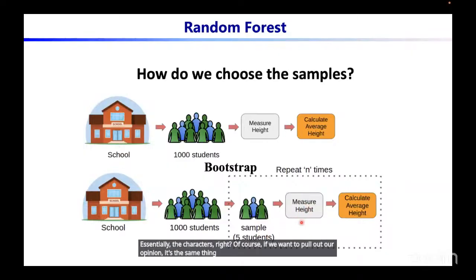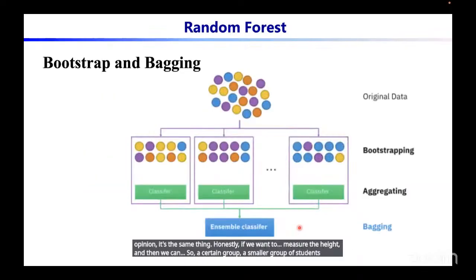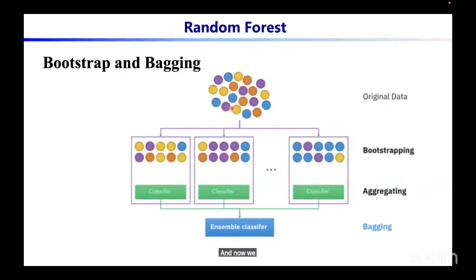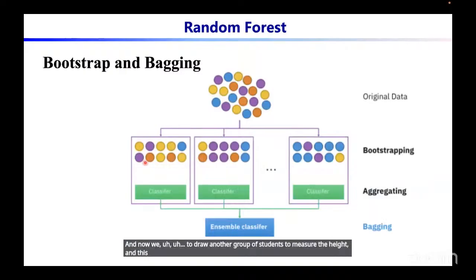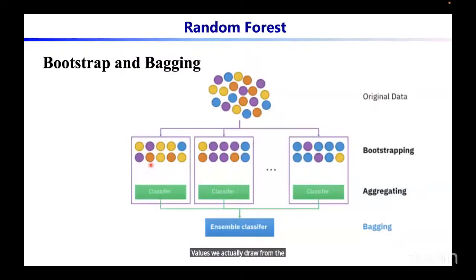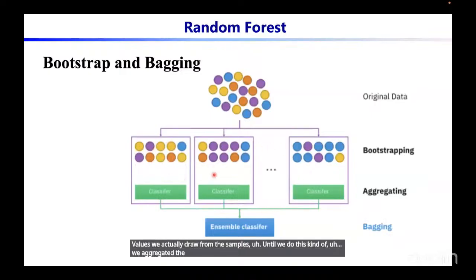For instance, if we want to measure the height, we can draw a smaller group of students to measure the height, and then draw another group of students to measure the height. This way, we can have multiple smaller groups of students with values we draw from the samples. And then we aggregate the results together